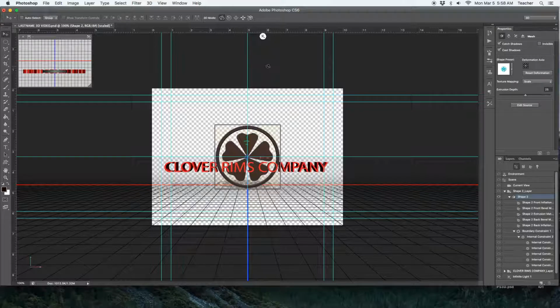and I'm going to bring that out to the back a little bit. So I'm going to use the tool that allows me to slide things forward and backwards, which is this tool right here at the very top of your screen. It's the Slide the 3D Object tool. I'm going to hold down my Shift key just to make sure that it does it nice and straight. If I hold down my Shift key and then just slide up, I'm actually going to push up, and you'll notice that that starts to pull away